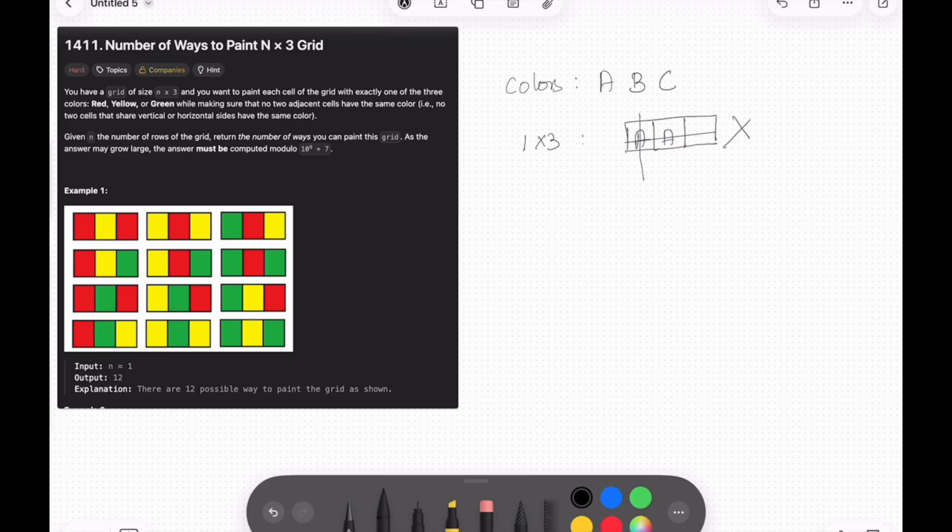So based on this, for 1 cross 3 you will have two patterns. You can fill A, B, A as one pattern, and you can also fill the colors A, B and C as the other pattern. So totally you have two patterns to fill in the color, and in case of 2 cross 3